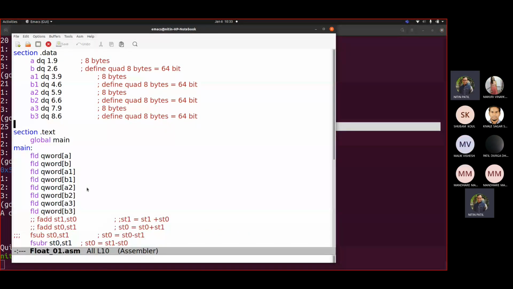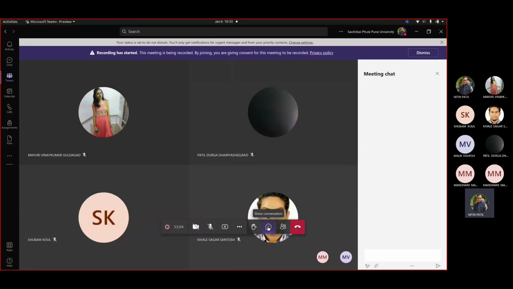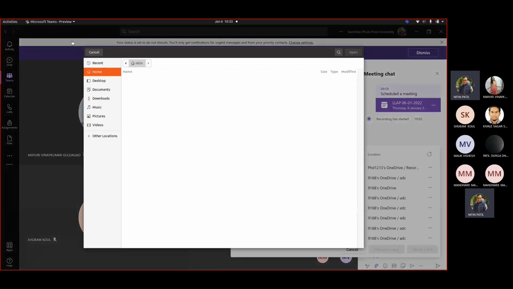This is our code. So let me first send this file to you. Upload from my computer.